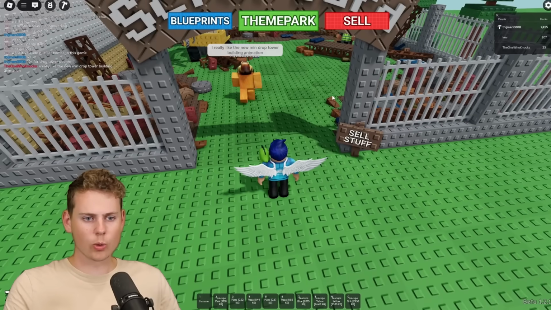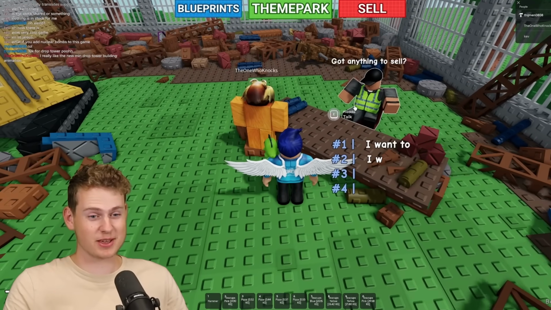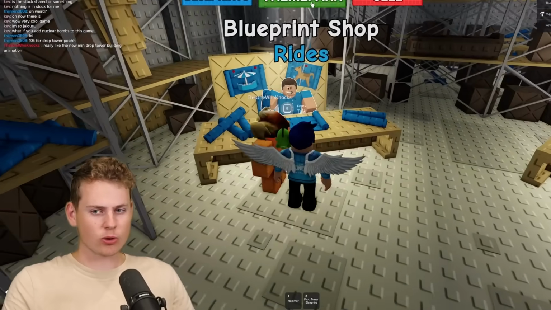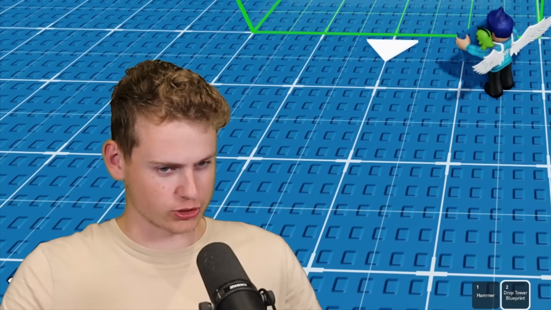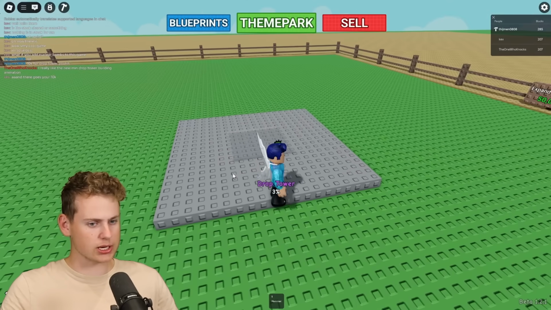Okay, I actually hope I now have collected enough cash. Oh my god, he got a big mini drop tower. Is this enough? Oh, it actually is enough. Okay, let's buy that drop tower. Now, there might be one thing wrong with the drop tower. I'm not sure if this has been fixed or if it's still broken in this version. Let me place this. There is a chance that the drop tower is broken, but actually looks to be working